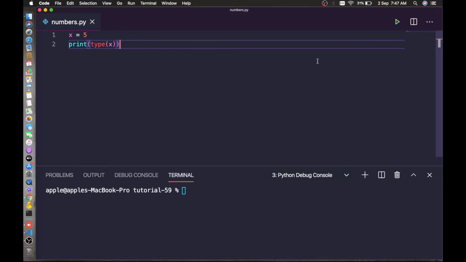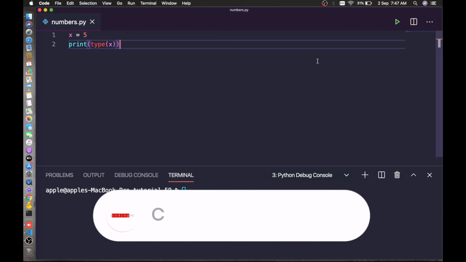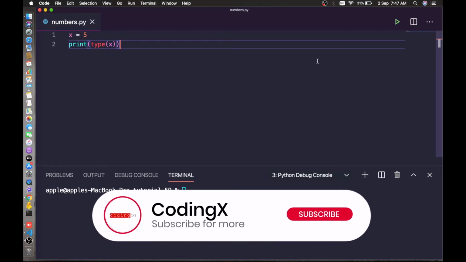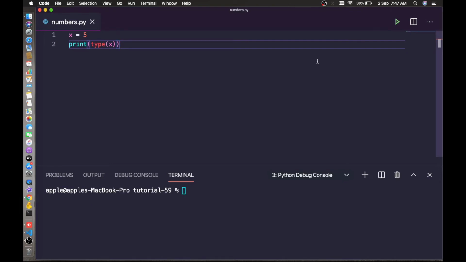In the previous tutorial, we have discussed different data types in Python. In this tutorial, we will discuss more about the different numbers used in Python and how to convert from one data type to other. Numbers in Python support integers, floating point numbers and complex numbers. They are defined as int, float and complex classes in Python.